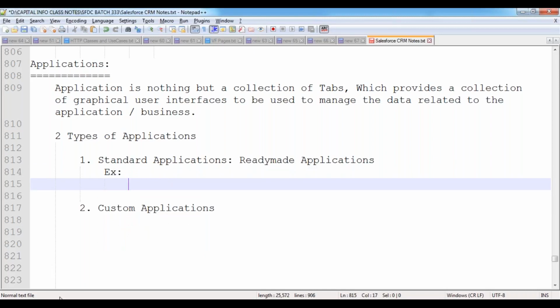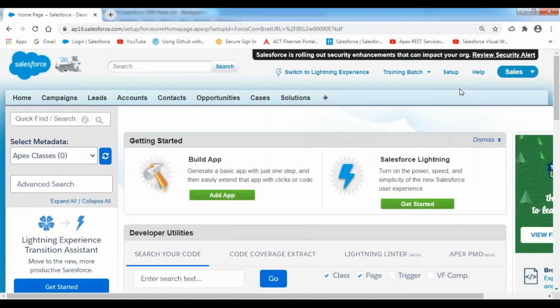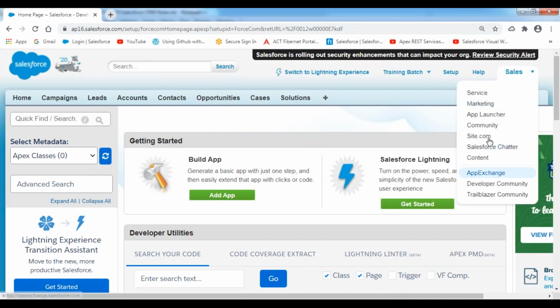We have so many. When you go to your application, here we can expand this. Here we can see sales application, service, marketing, app launcher, community, site.com, Salesforce starter, content. These are the various ready-made applications given by Salesforce. As part of my organization, by default, Salesforce has given various applications. Those are called standard applications.